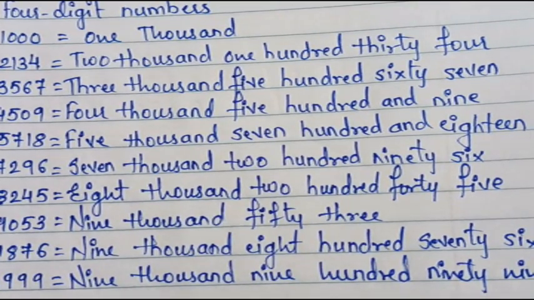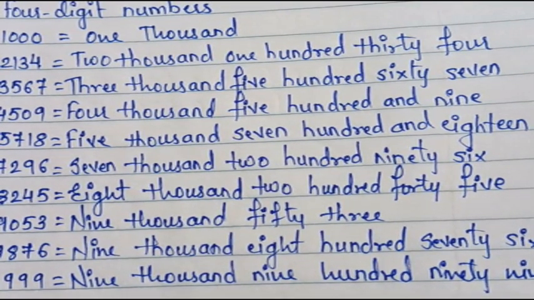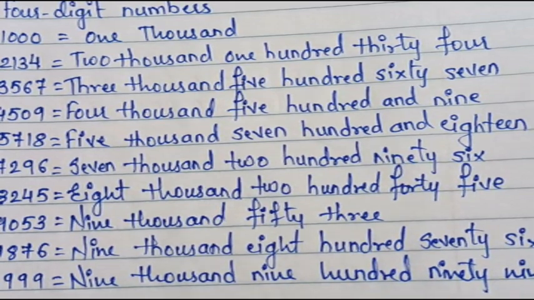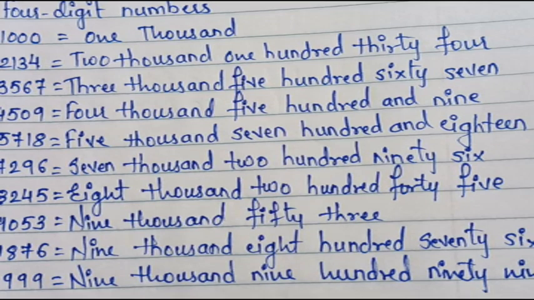Clear? Now students, 5-digit numbers I want that you all should do it on your own. 5-digit numbers जो है वो आप बना लो. सिंगल डिजिट में से 5 नंबर्स लेके सिंगल डिजिट के हर एक डिजिट का 5 नंबर्स बनाना है और वो 5 नंबर्स को आपको रीड करके वर्ड्स में लिखना है. So I want that 5-digit numbers you have to make it on your own. So that is the homework.